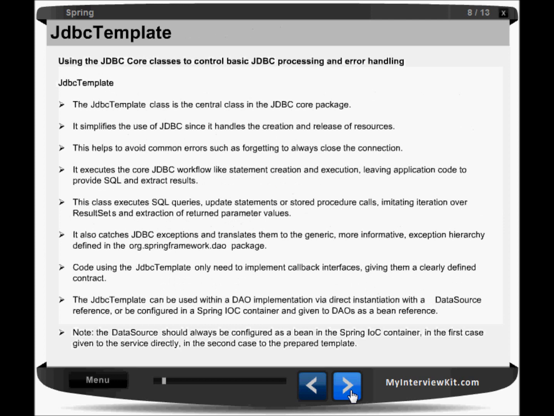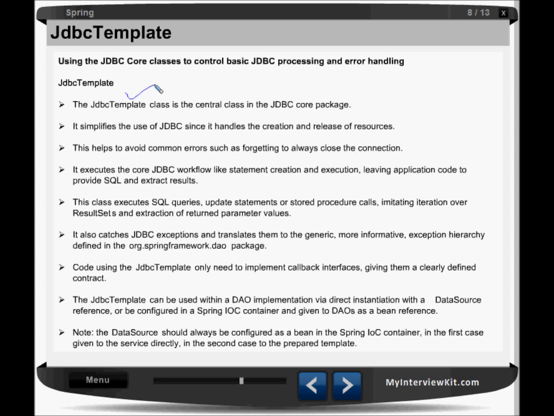Now let us have a closer look at the JDBC template. So, using the JDBC core classes to control basic JDBC processing and error handling. The JDBC template class is the central class in the JDBC core package. We can work directly with this JDBC template class.